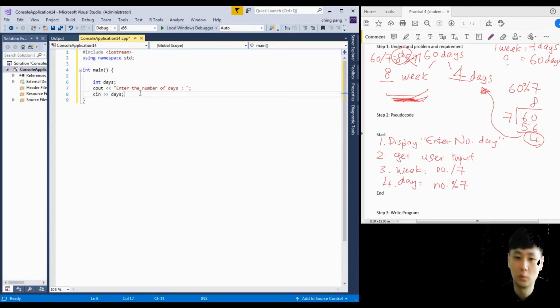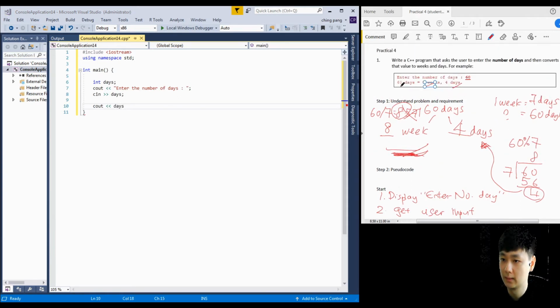Okay, so once you have done this, we have to do some calculations, which is step number 3 and step number 4. Cout. Okay, you want to display this 60 days. This is the content of this day. Therefore, you have to close this day without the semicolon. Okay, days equal to,